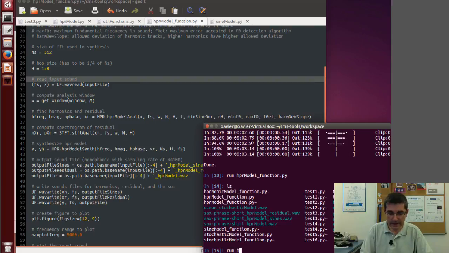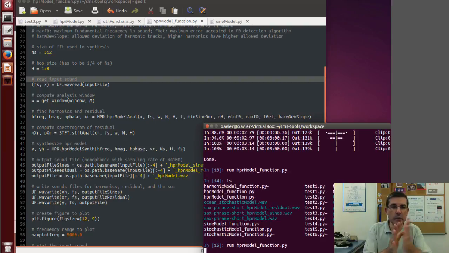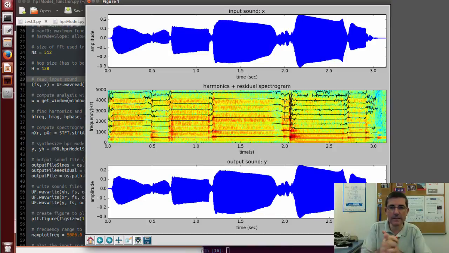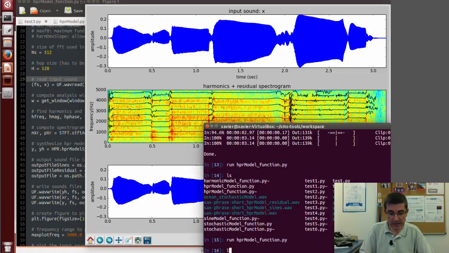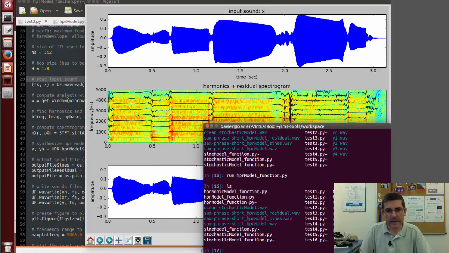Okay, so now we can execute this file. We can run this hprModel function file, and it will analyze a fragment of a saxophone sound, which is the default sound, with the hprModel. So here we see the harmonics of the sound, and the background is the spectrogram of the residual. So we have computed the spectrogram of the residual, and here are the two together. And of course we can listen to them. In this directory, it has saved the residual signal and the sum of the two. So we can just play